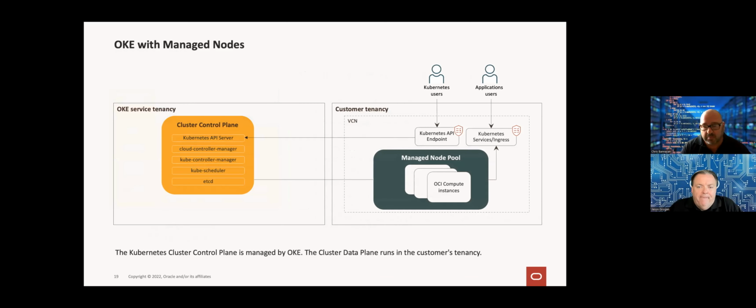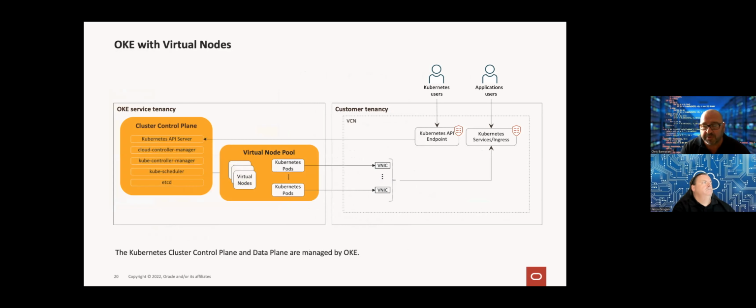Okay, so this is best an example of OKE with managed nodes. As we saw before, we've got the service tenancy where the control plane runs, and the customer tenancy where our worker nodes run. But this is what it looks like now, or moving to now. Basically everything is running in the service tenancy. From a user perspective, you just connect to the cluster. And for management, you're just using the Kubernetes API endpoints to connect to those worker nodes and install your applications and pods and containers inside those worker nodes. So it's just another level of hands-off, where you don't have to worry about managing the control plane. Even though we made it easier with OKE in the beginning, we're making it even easier for consumers now.